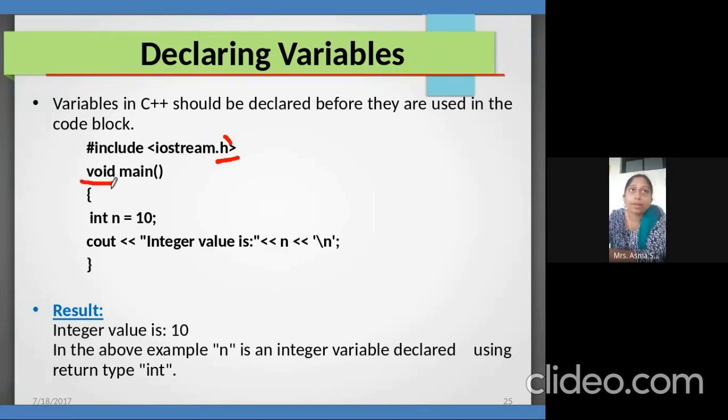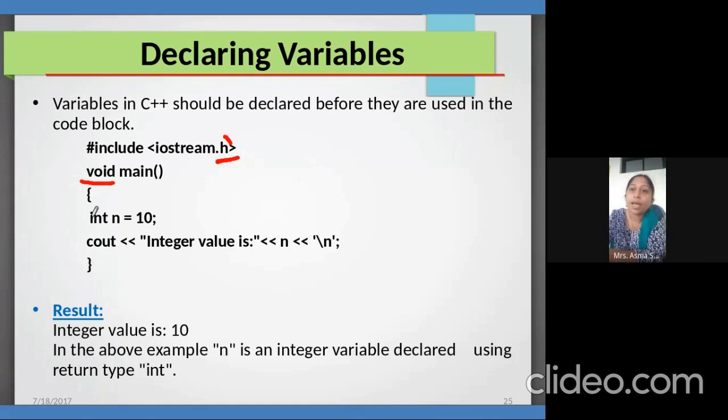Main is my function, and a function can return any value. It can be void, which means nothing. With integer I can return a number; with character I can return a character. Here I am not returning anything, so it is written void.